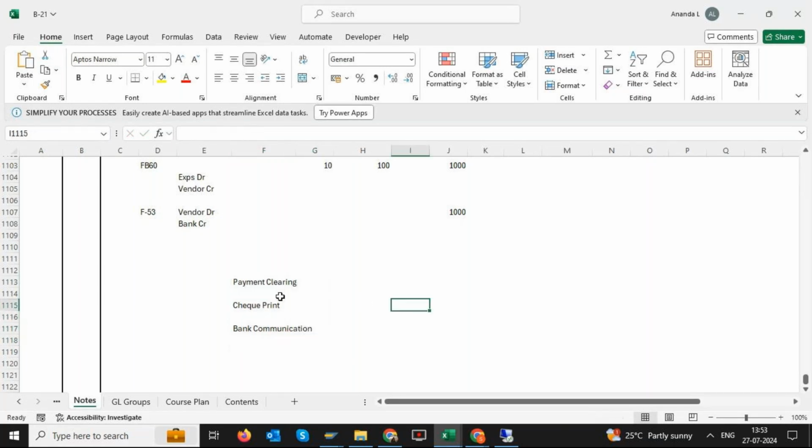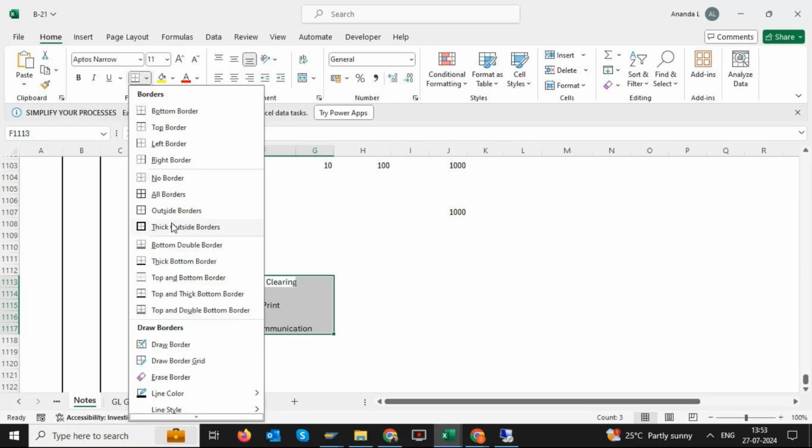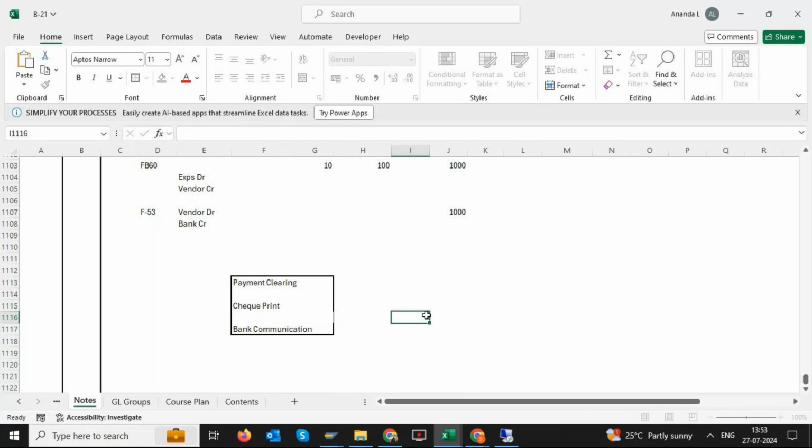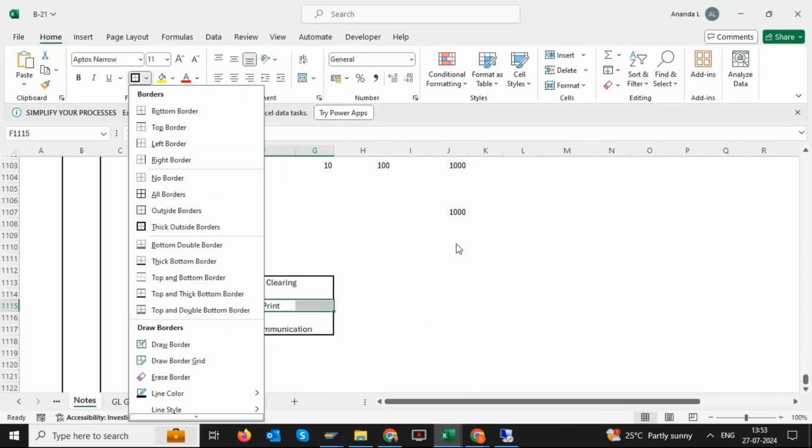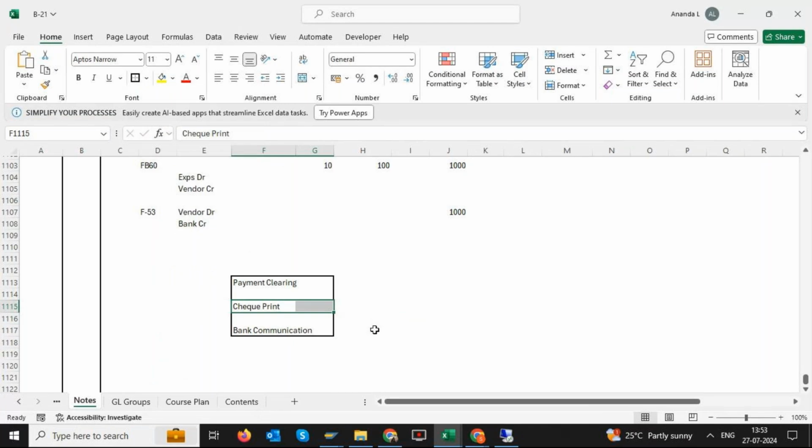What does it mean? It automatically clears the payments, and it is going to print the check, whichever is required, and it also communicates to the bank. That means for bank communication, if you are instructing the bank to make any payment to the vendors, transfer, online transfer or something, that document will get generated based on the inputs, and we can communicate it to the bank. So today we will see this payment clearing, how it happens, how we can do the payment clearing. For that, let us first